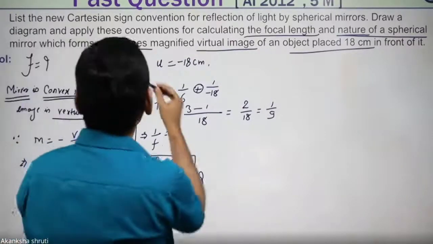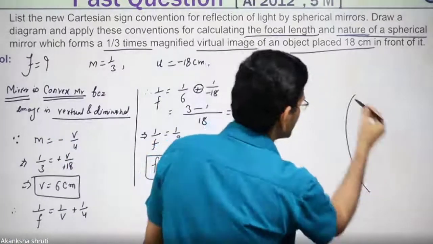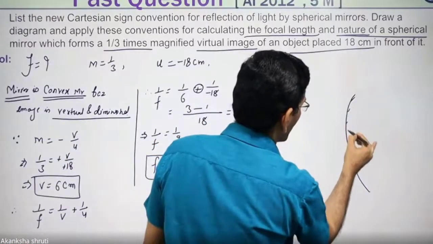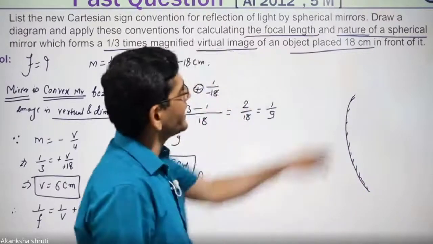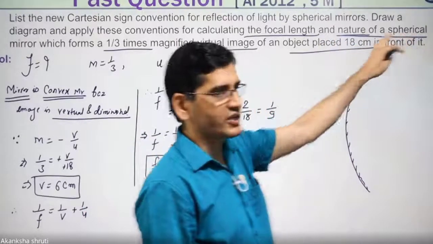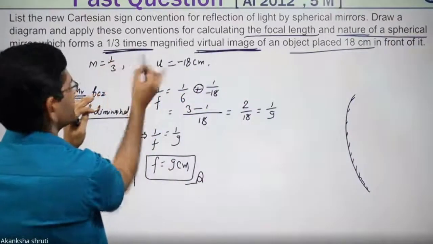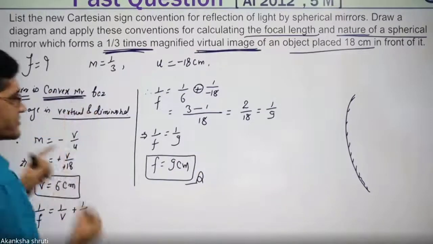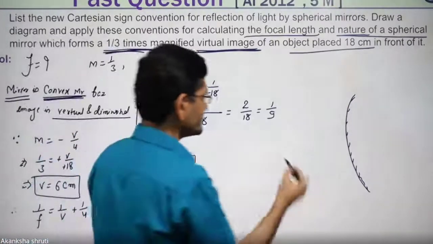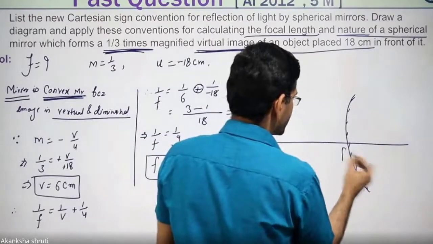Students, the ray diagram is asked. So how is the ray diagram? You have to draw the convex mirror. This convex mirror, student, we have predicted by considering the nature of image, which is virtual and diminished. By that we have predicted and written it at the very first. So this is very important. Then only we can draw the ray diagram. Let us consider this as the pole.